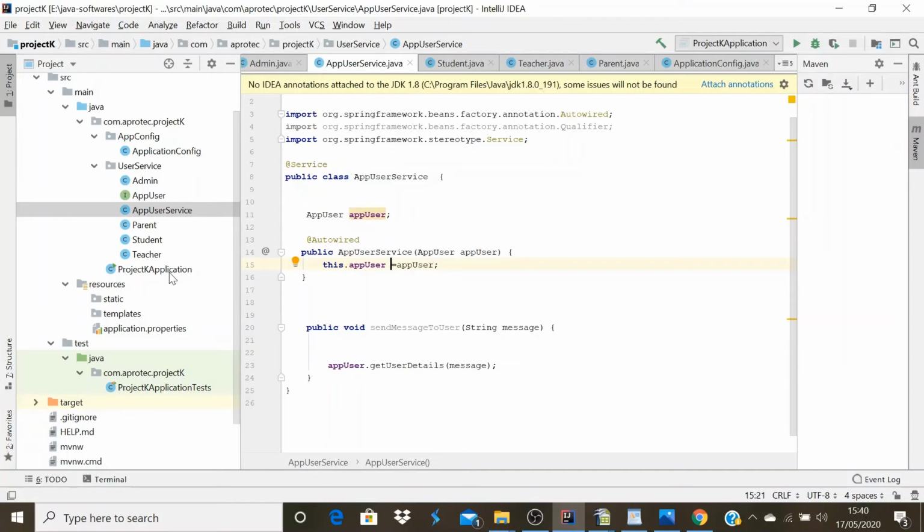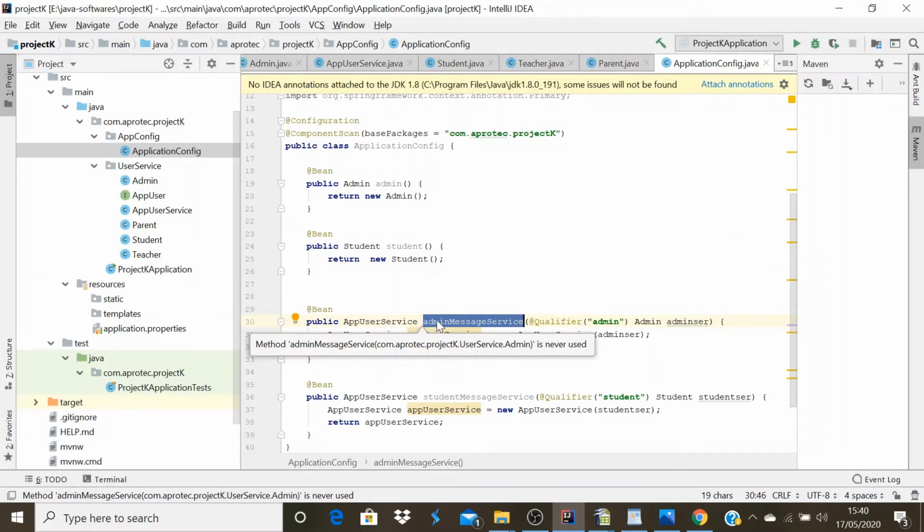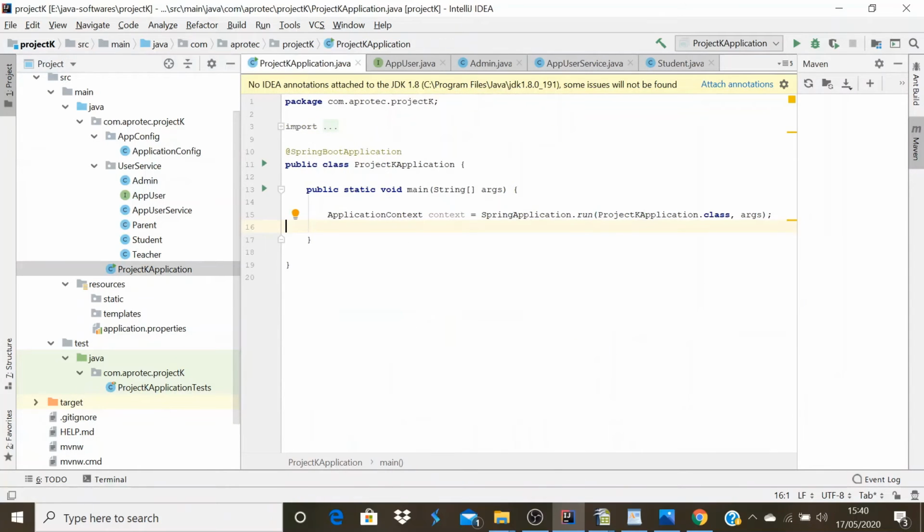Now I need to send a message to the admin. Let me first get the admin message service bean. Then I will use that object and call the method to send a message. So to get the admin message service bean,